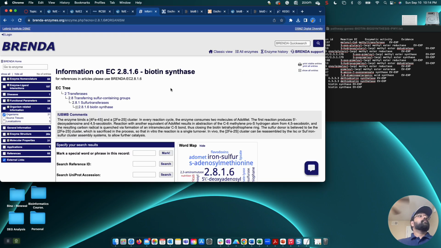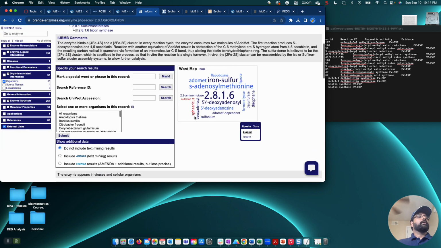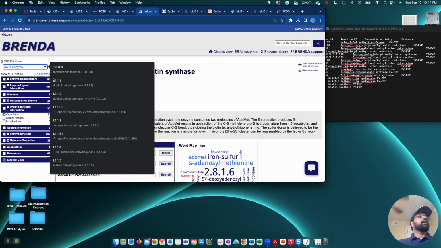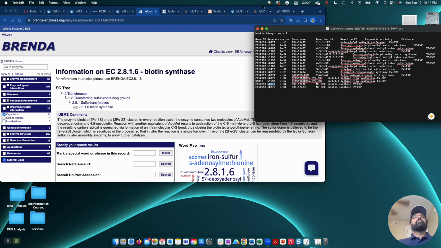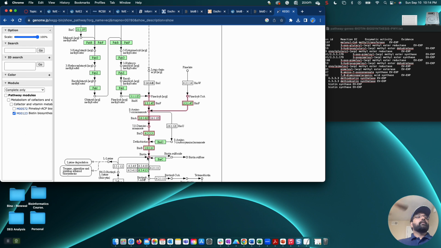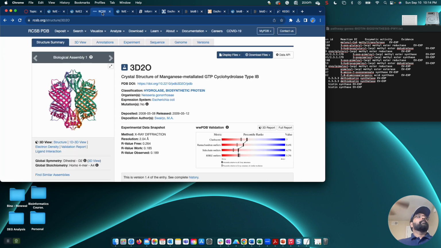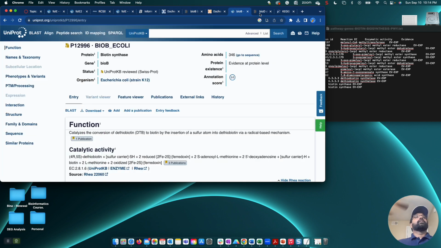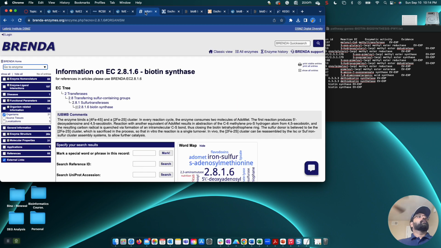Another one that I used is Brenda. Brenda did not give much help. Probably I didn't explore much to do that. You can just give this ID number here. If you go back and see the KEGG, you can see this enzyme ID. Let's try that, 2.8.1.6. Where is that? Sorry. Brenda, here it is,